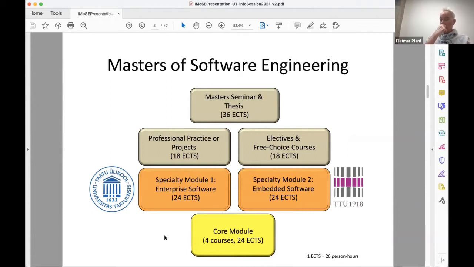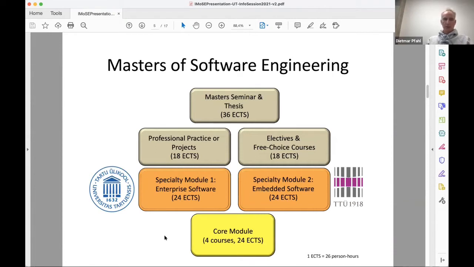We also have a practice module, which mainly is located in the summer between the second and third semester and including the third semester. That depends a bit on how you organize yourself. And that simply means that you do an internship in a company either in Estonia or abroad. And you get credits for it. You have to submit a plan of what you're going to do. The company also has to sign this plan. And then at the end, when you complete your internship, you have to report what you have done, and then you get your credit points.